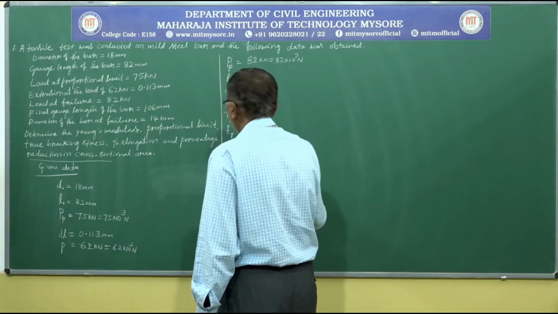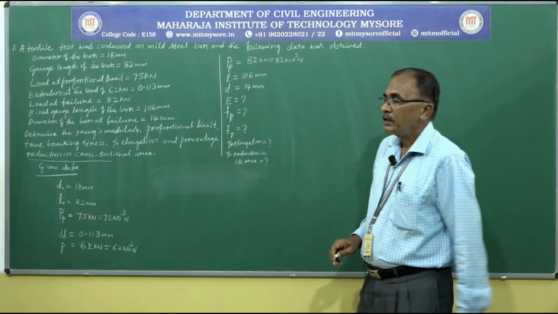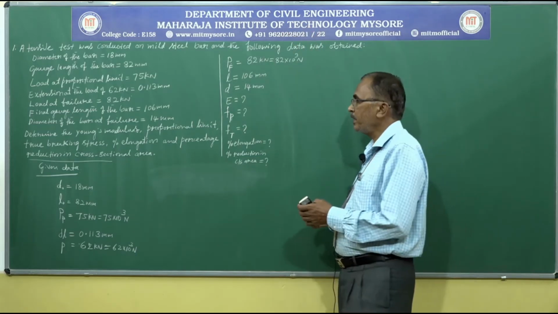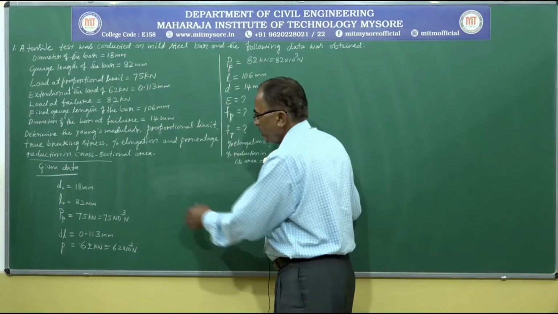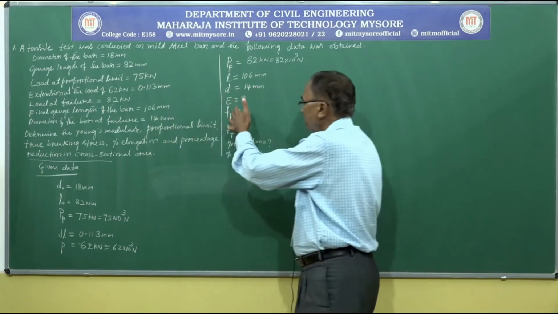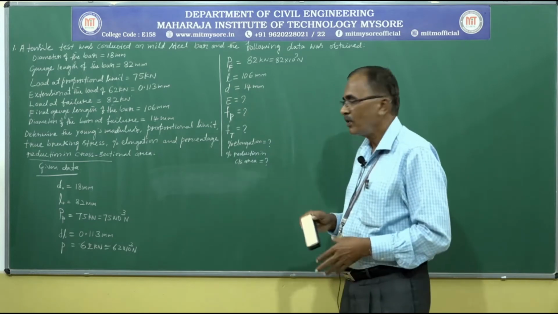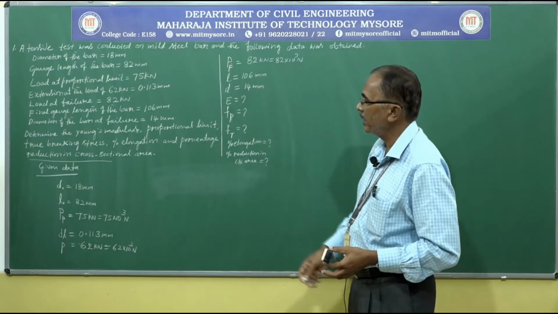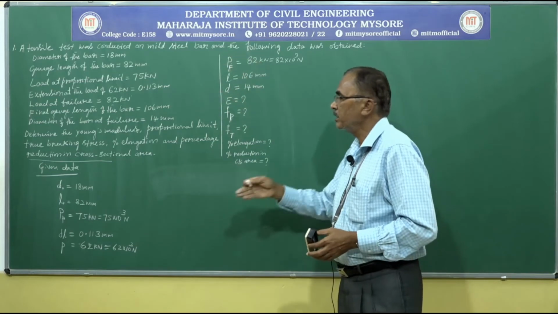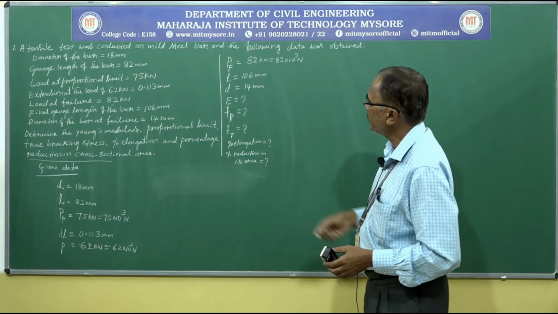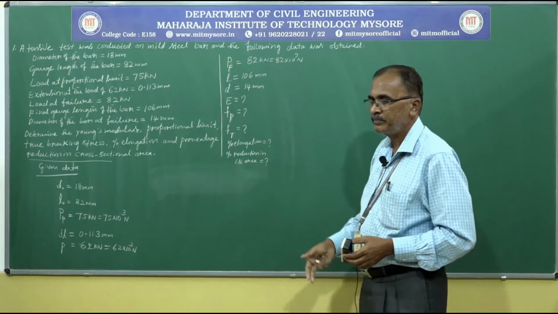Is equal to question mark. The problem looks lengthy, but if you understand the concept, it is very easy. Given sufficient data and asked to calculate sufficient unknowns, all these unknowns can be calculated knowing the concept. Now let us calculate them one by one.